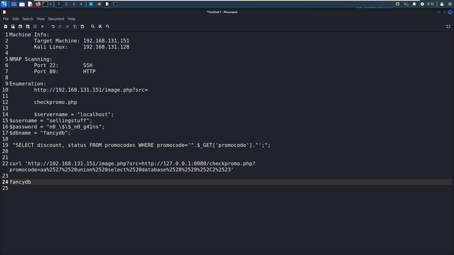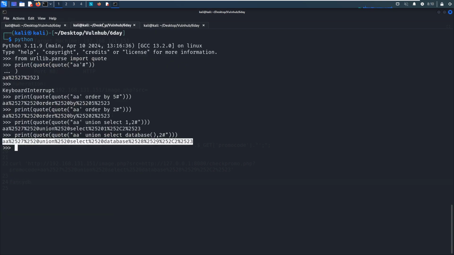We need to know how many tables are in this database, and also we need to utilize the union select. So how to do union select, and of course select group_concat, because there will be multiple tables.